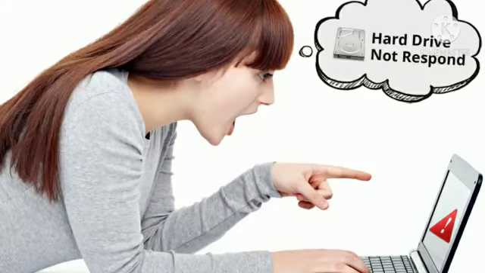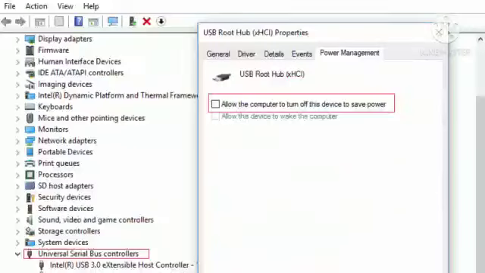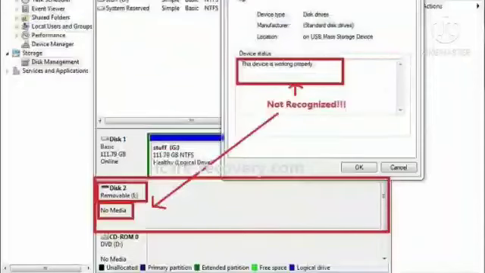Students, now our final point is computer cannot read data. Another cause for the computer not being able to detect your hard drive is the data being corrupted, whether by a nasty virus or because your data was overwritten. The simple solution to fix this issue is to delete all the data on the hard drive by simply formatting the hard drive once again.